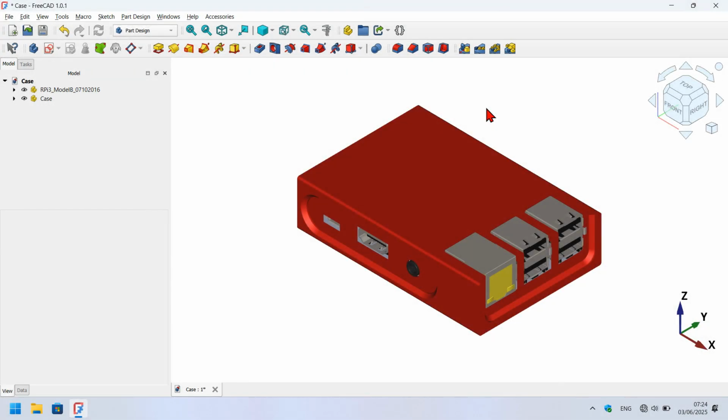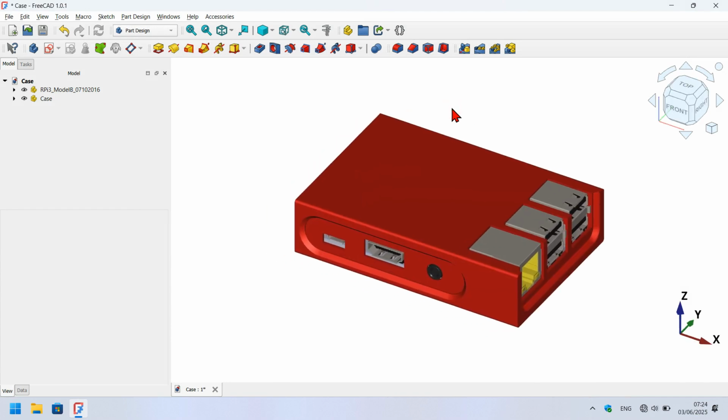In this video, you will see how I designed a case for a Raspberry Pi 3 model in FreeCAD 1.0.1 using the tools of PartDesign Workbench. You will see how I used the ShapeBinder tool to import geometries of the Raspberry Pi 3 model into the